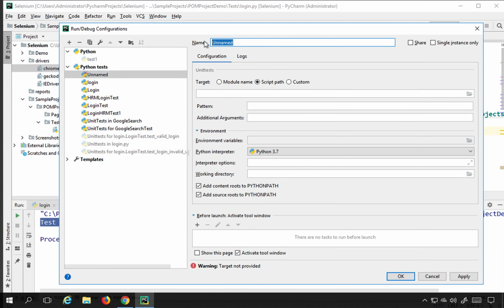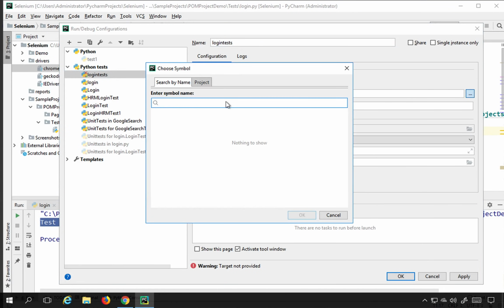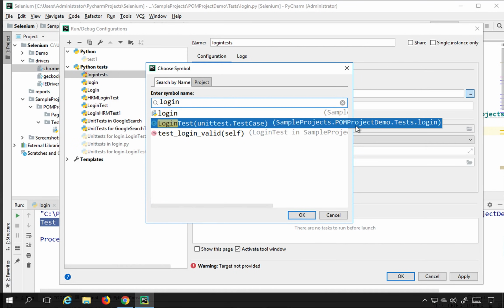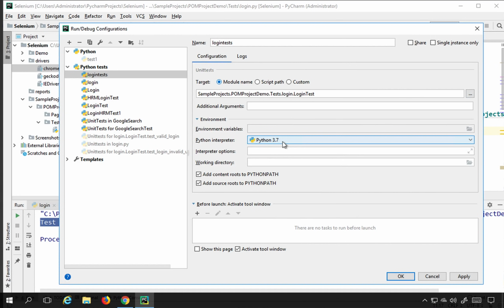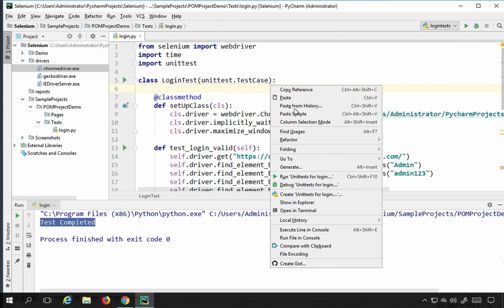So I will say this is login tests and I will select the module name. So let me select this login test from here, sample projects POM project demo. I will say OK, and in the Python interpreter I can use the project default and apply and OK. And now if I do a right click, you can see I'm getting the option to run unit test from this module. So I will now run this,